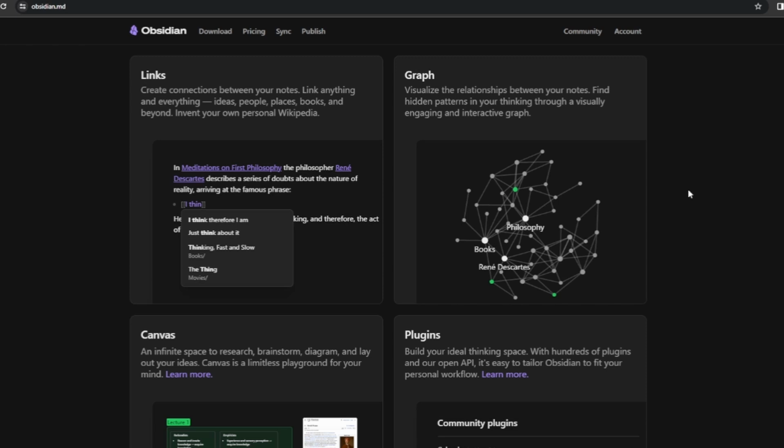Obsidian is also open source, which means that the code is freely available for anyone to inspect and modify. So this has led to a thriving community of developers who have created a wide range of plugins and themes. We will discuss plugins and themes later on. But first, we're going to go with our first feature, which is backlinks